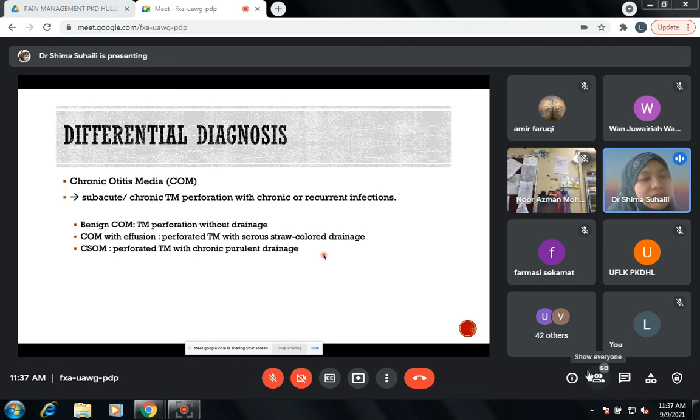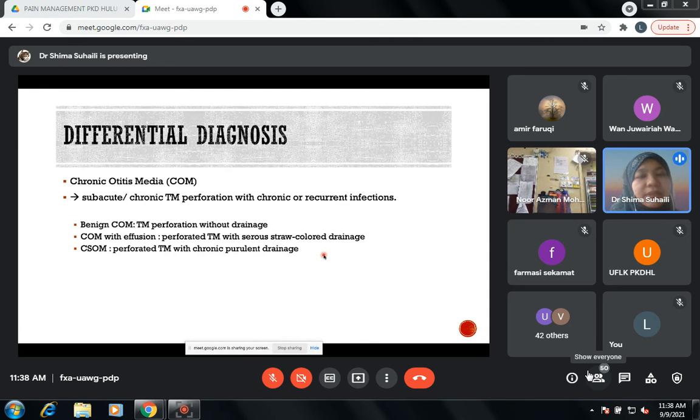Okay, the second differential diagnosis is chronic otitis media. Maybe they don't feel it. Children, they cannot tell us when they have acute otitis media. I mean, they cannot tell that they have pain. And even as adults we are not sure, we don't notice that we have ear pain. So it can become chronic otitis media. Untreated acute otitis media can become chronic otitis media, whereby in chronic otitis media, they present with chronic TM perforation with recurrent infection. Okay, and there are many classifications of COM that you all don't need to know, but basically this is one of the